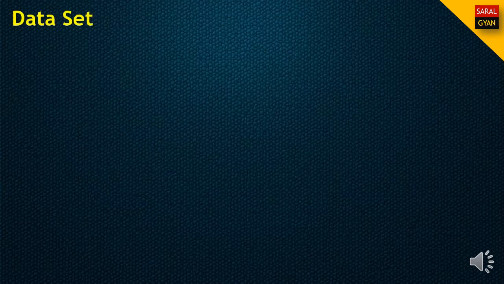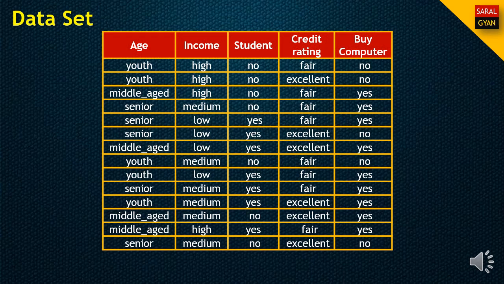So let us consider there is a data set for which we want to construct a decision tree classifier, having 5 attributes, out of which 4 are the data attributes, the first 4, and the last one is the label attribute, which is a kind of decision. So the crux of this data set is whether one should buy a computer or not. For that purpose we need to design a decision tree classifier.